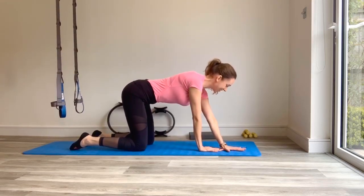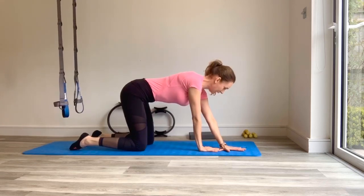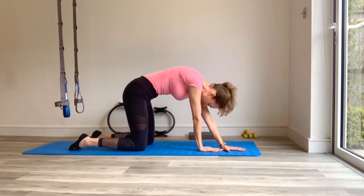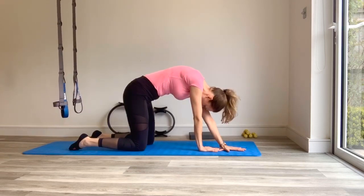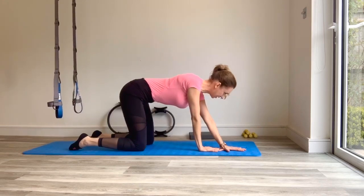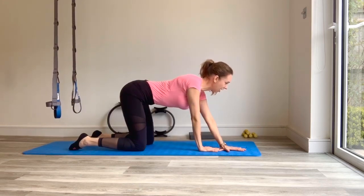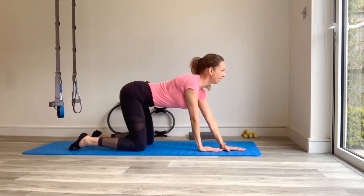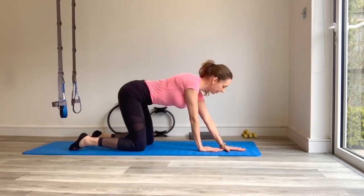We're going to go into that rounded back first. So tailbone down, lifting the spine up towards the ceiling, drop the head in between the arms slightly, coming past the middle, lengthen out the head and tail, continue to lift the head and chest, and then pushing the tail up towards the ceiling. Now I have a tight back because I sat in front of a computer for many years, so I'm still trying to work through it now, and then coming back, level out the spine,